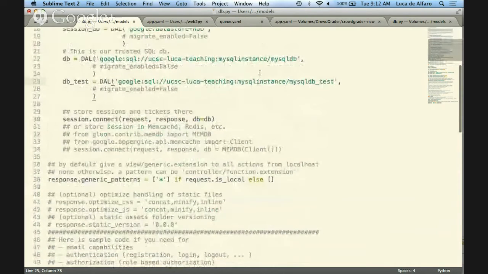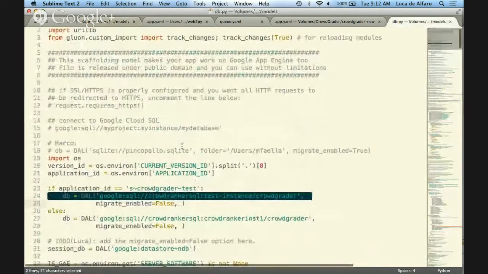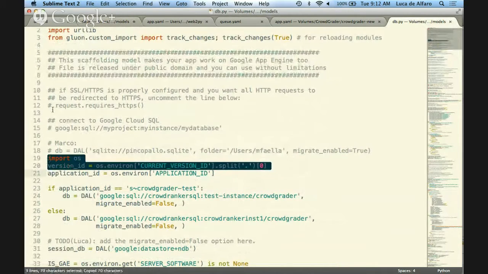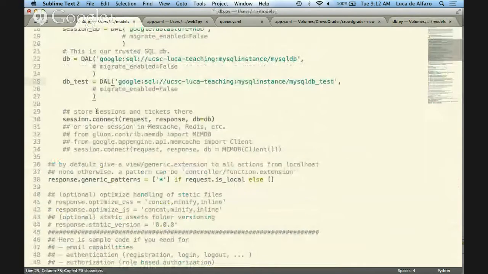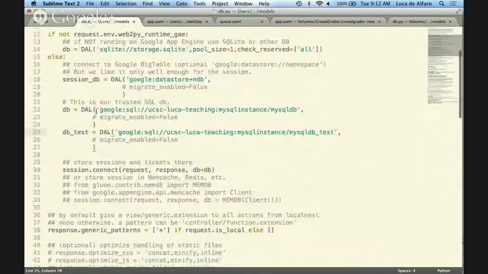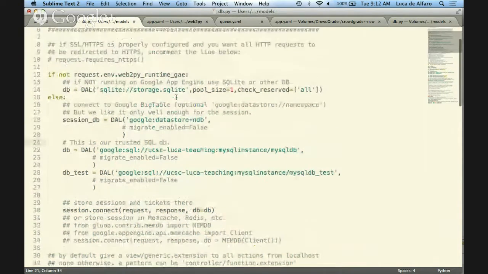Let's do it. I copied from CrowdGrader a moment because I forgot how to do that. But you see, if I do this, I can get my version ID. Well, okay, but in this case, I would put an if then else. I would do the following.